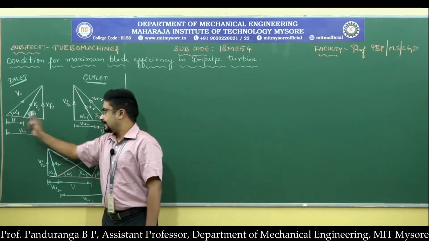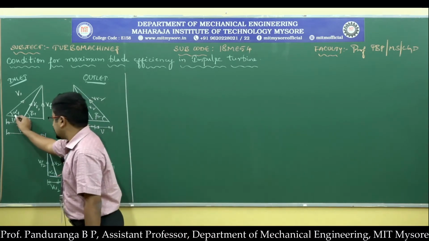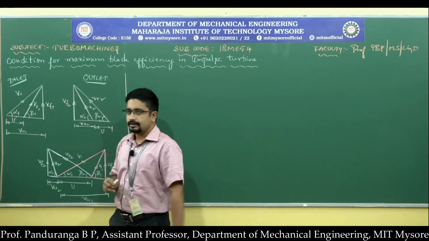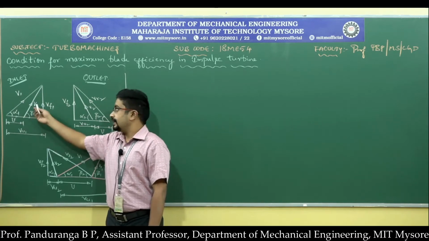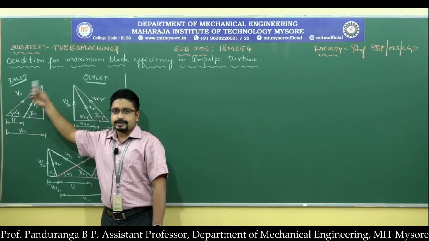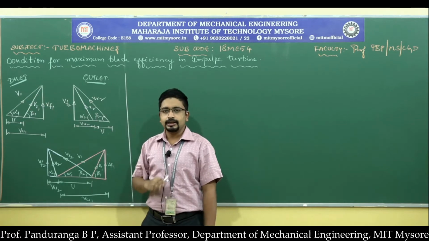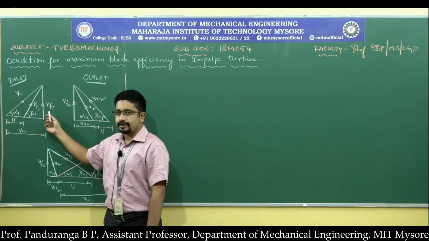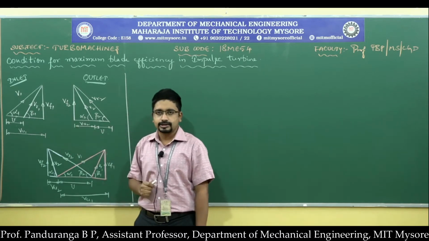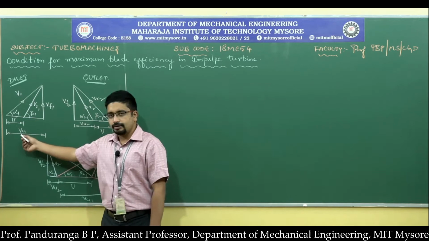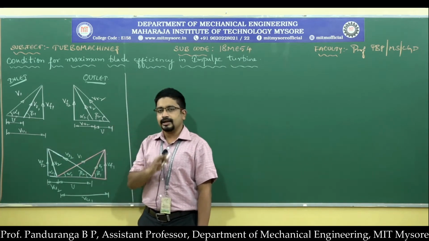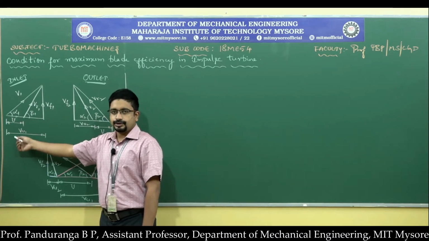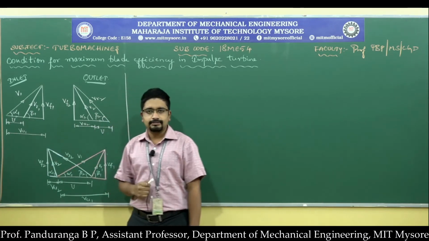So u will be taken as the base for constructing the velocity triangle. Here the direction of u is towards right. Here also the direction of u is towards right. So we have u, VR1 and V1. V1 is the absolute velocity which can be split into vertical component and horizontal component. The vertical component we call the flow velocity Vf1, and the horizontal component we call Vu1, the tangential component of absolute velocity in the direction of u. So u and Vu1 will have the same direction.